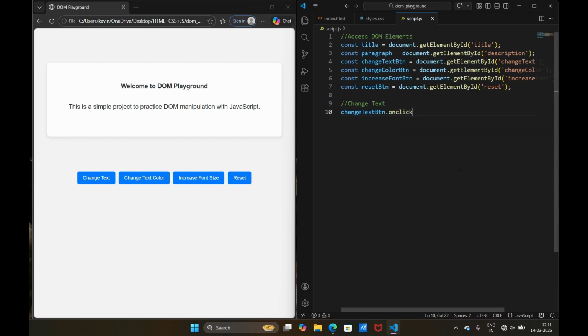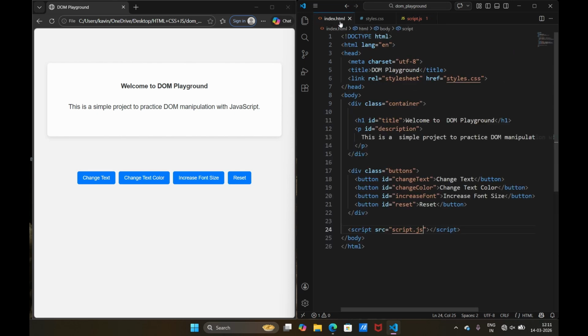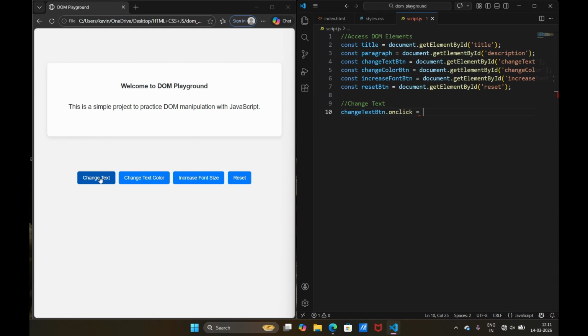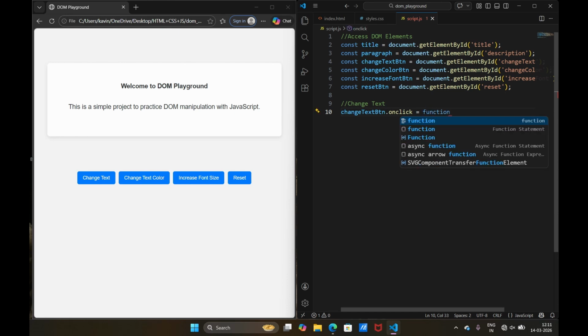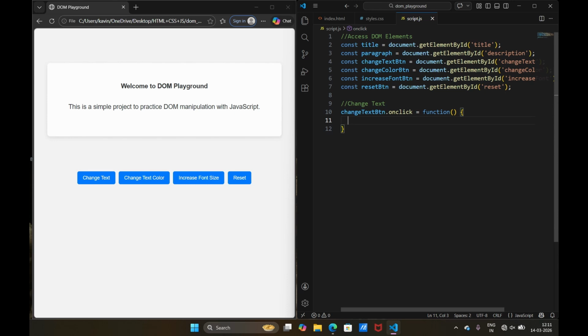On click, that means for the change text button with the ID change text, when this button is clicked, so it won't change. We haven't written the logic yet. When it is clicked, it will execute a function, and the function will be